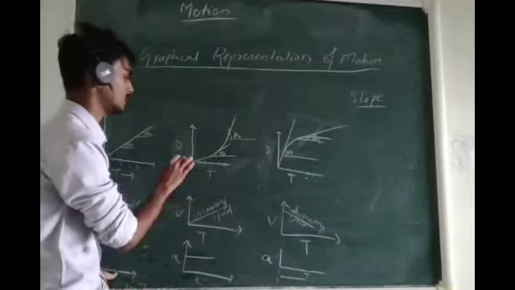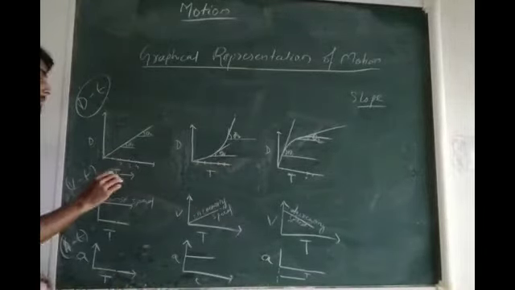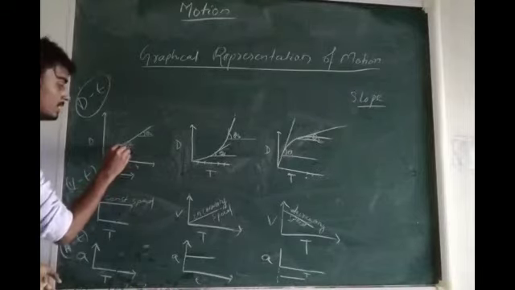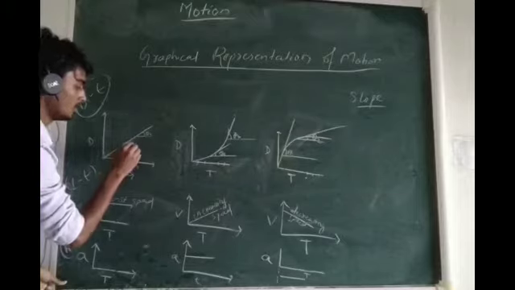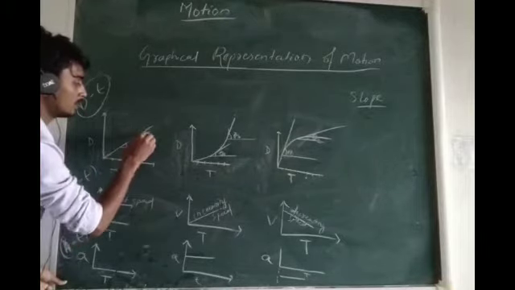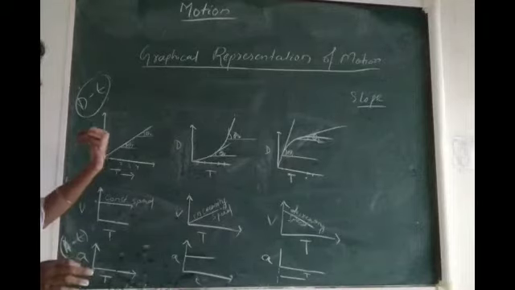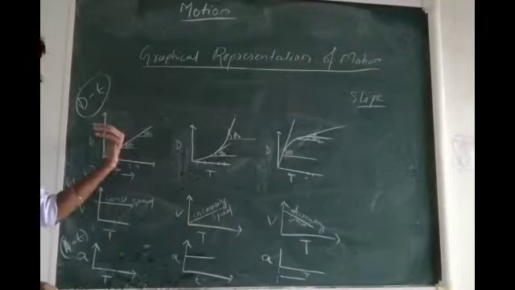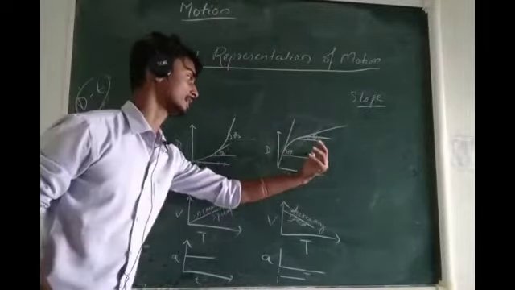Similarly here, the change in distance with respect to time increases. Here the change in distance with respect to time is the same, because at whatever point you may find out theta or the slope, it will be the same. Theta 1 will be equal to theta 2. Right. So here the slope is the same throughout the graph. Here the slope goes on increasing. Here the slope goes on decreasing.